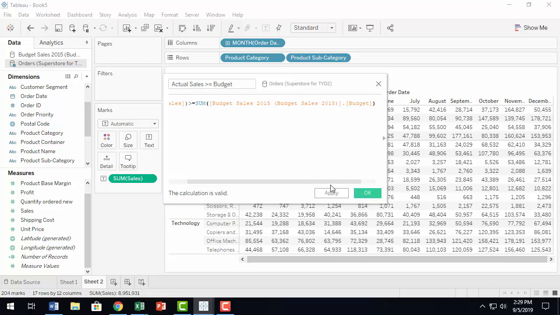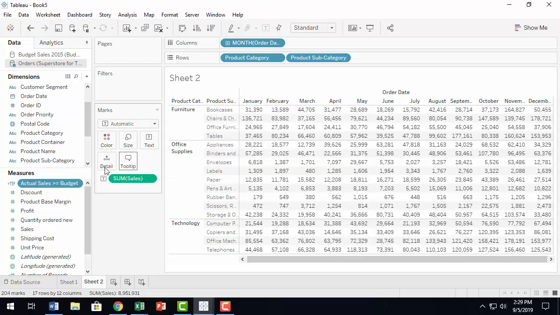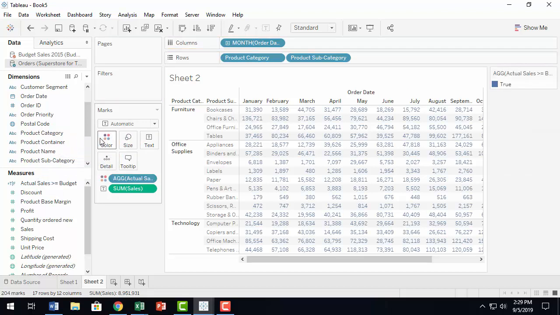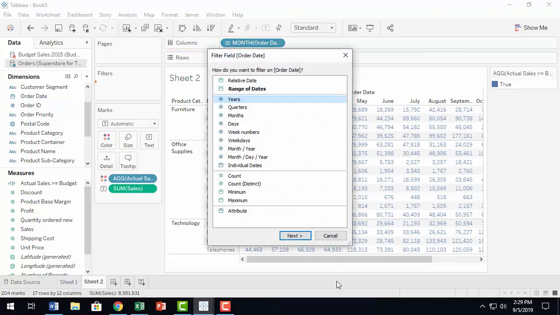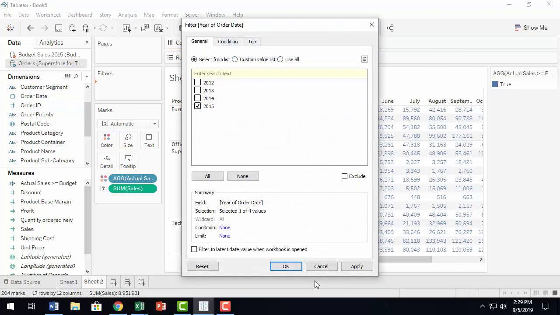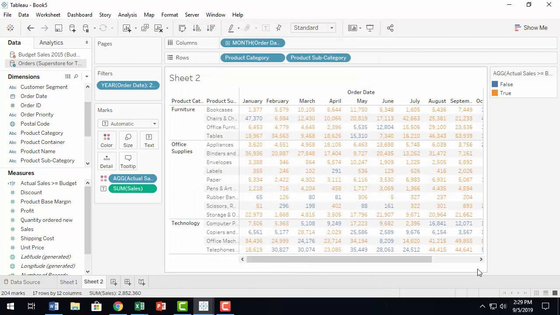This is the Boolean calculation. It's not calculating anything. This is the condition, and it is going to say whether that condition is true or not. So we can use that to color. Click OK. Now you bring that into color. Well, what's the problem here? The problem is we have not filtered for 2015. So once we filter for 2015, then we have